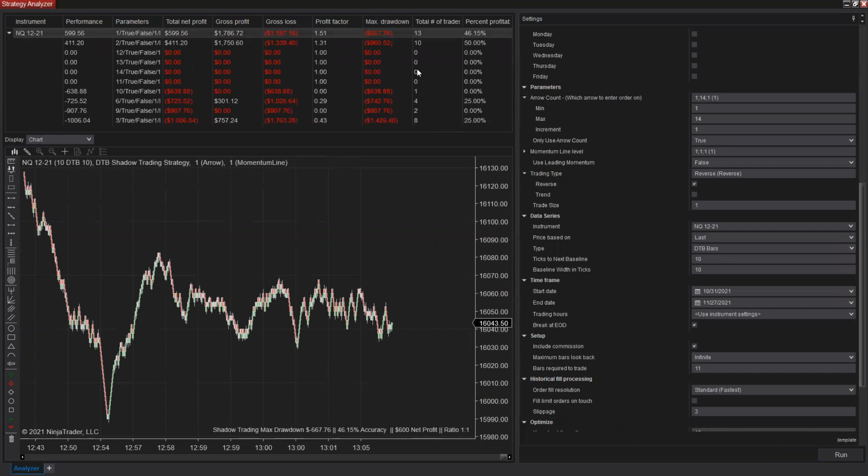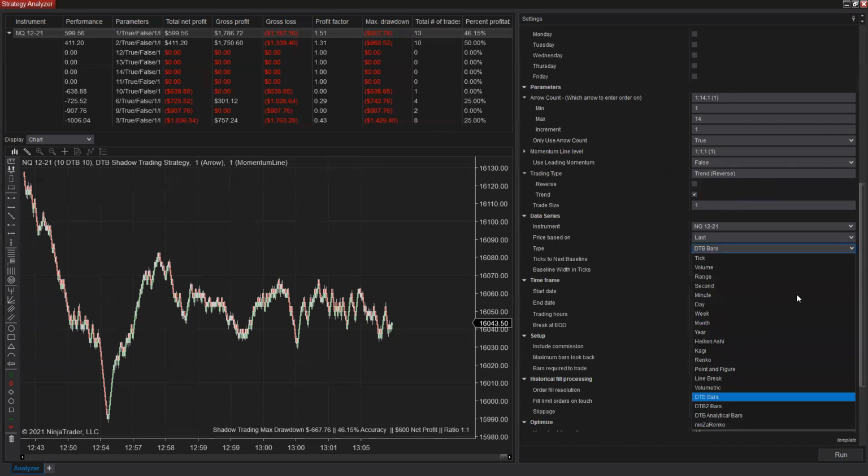Okay, so not as good results. You'll notice that reverse trades don't automatically mean that they're going to get good results. So I just put them in there anyway, because it does work over different periods of time. Okay, so one thing I did want to mention though, is that this also works very well with minute